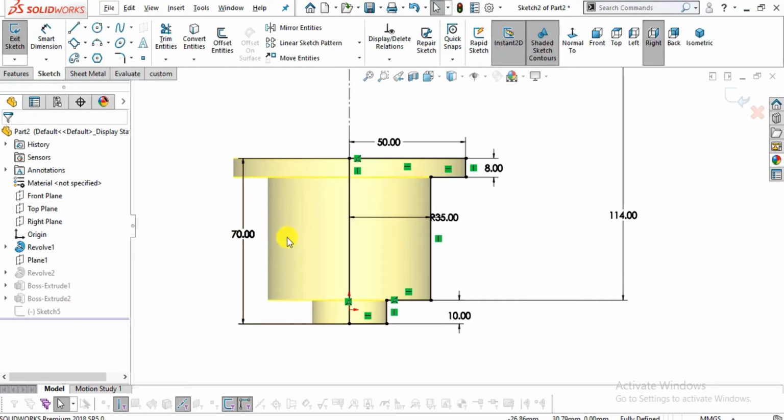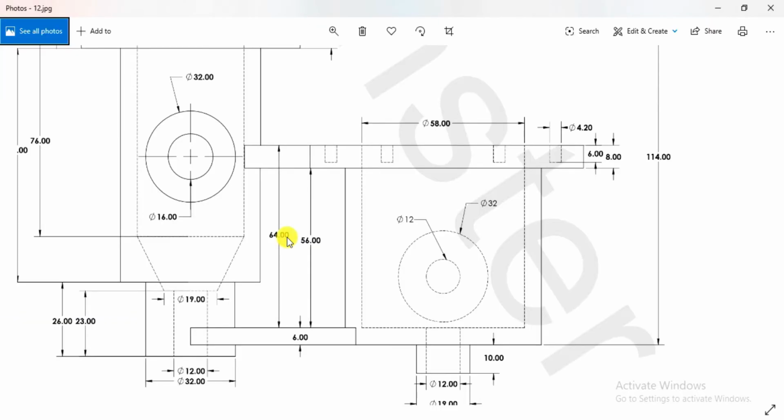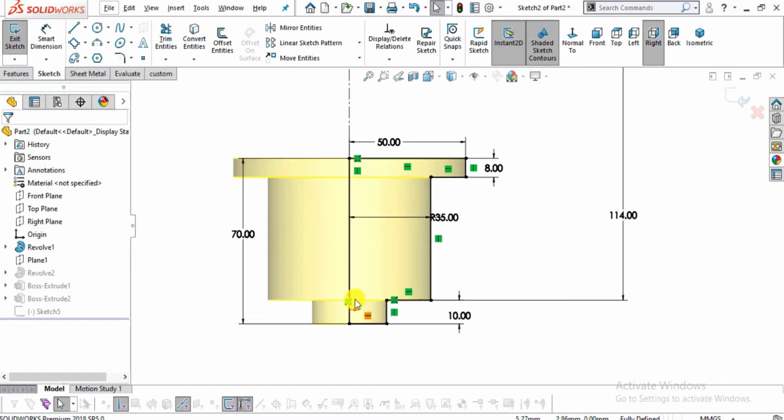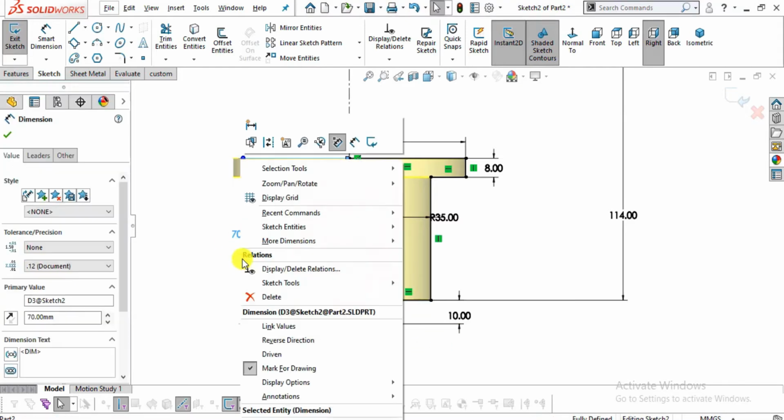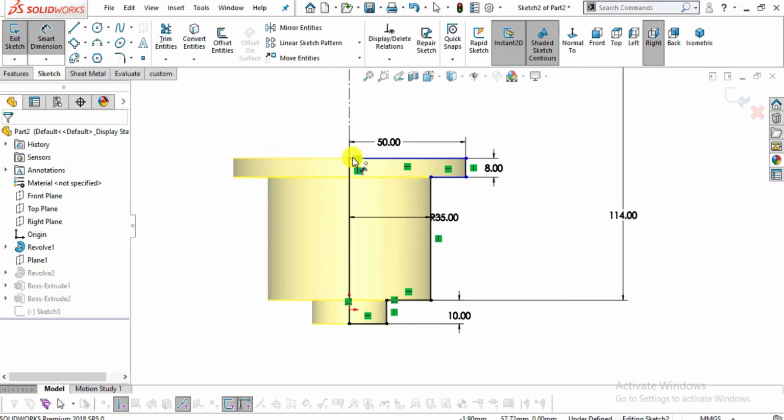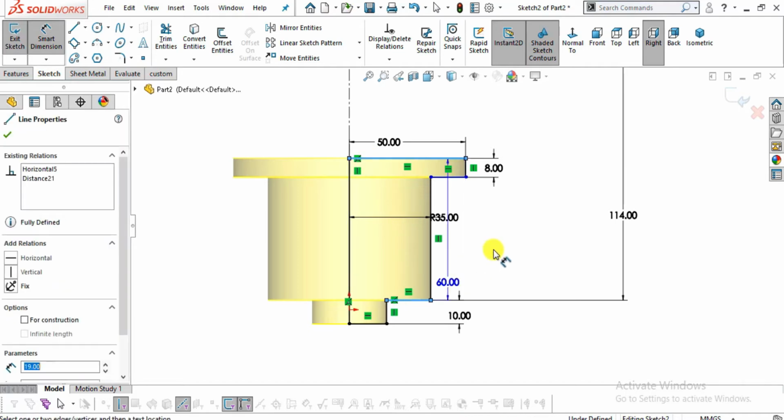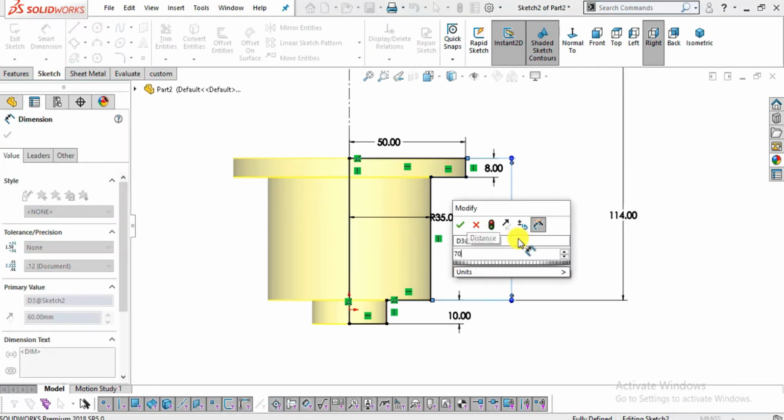Looks great. Sorry, it is not up to here, it is up to here. Let me delete this relation and again select this one and this one. It is 70, like this.